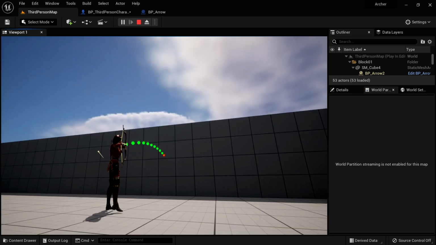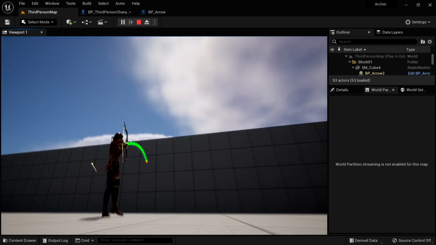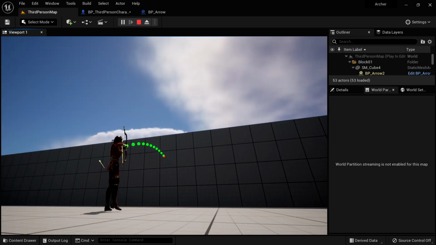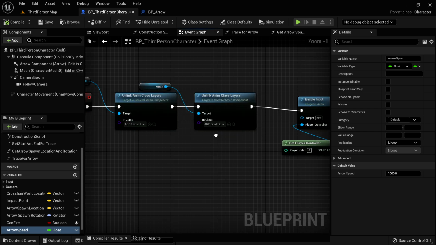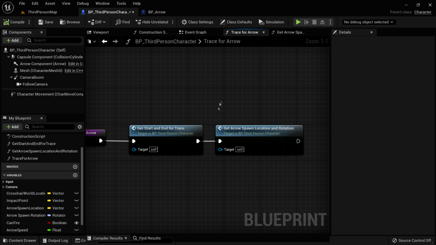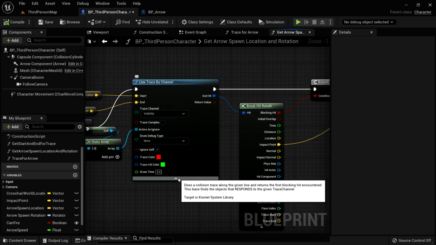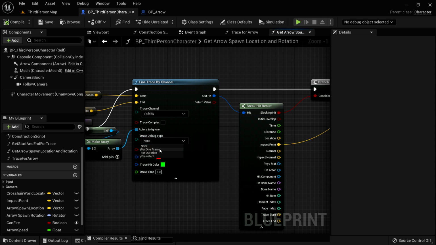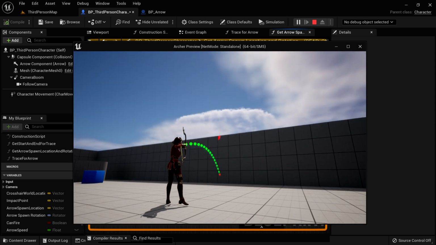Okay, so that's looking good, but one more issue I'm going to show you is that if I look up to the sky, notice I have this jerk. And that's because the endpoint that I'm calculating for my arrow to fly towards is based on a line trace. And we can demonstrate that by going back into where I'm doing my line trace. So now I'm doing that line trace in my trace for arrow function, and I'm actually doing the trace here in get arrow spawn location and rotation. Here's my line trace, and I can set the draw debug type for this to for one frame, since I'm now doing this line trace every frame. And there's my line trace, and I'll see that as soon as I go up to the sky,